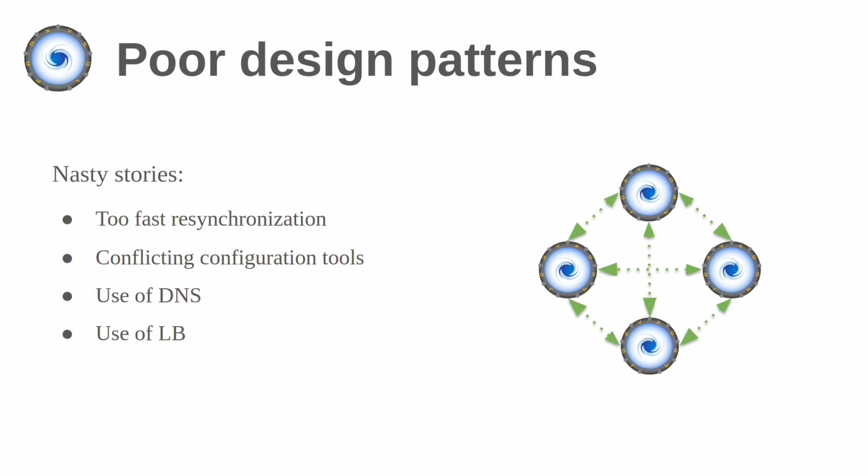The same thing was happening when I've seen setups in which there were a set of proxies behind a load balancer. So absolutely the same problem. One proxy believed it was communicating with one proxy, detected a change, and then created a new connection, thinking it was connecting to the same proxy, but in reality it was connecting to another one. So it was pulling the wrong configuration. And this created a situation in which configuration was actually getting rolled back, because depending on which proxy it was connecting to, it was getting an old configuration. We solved this. I have a slide for it, so I will explain it later.